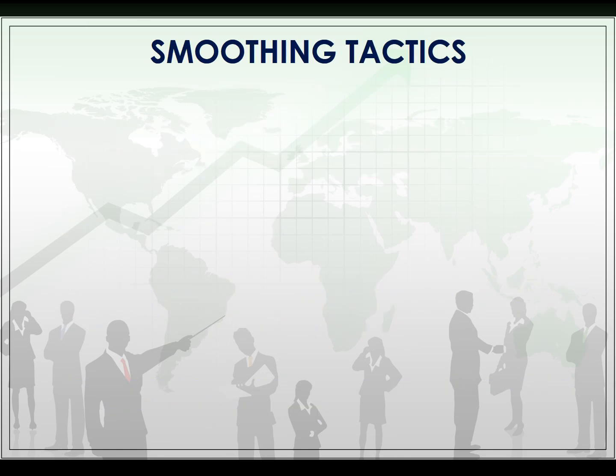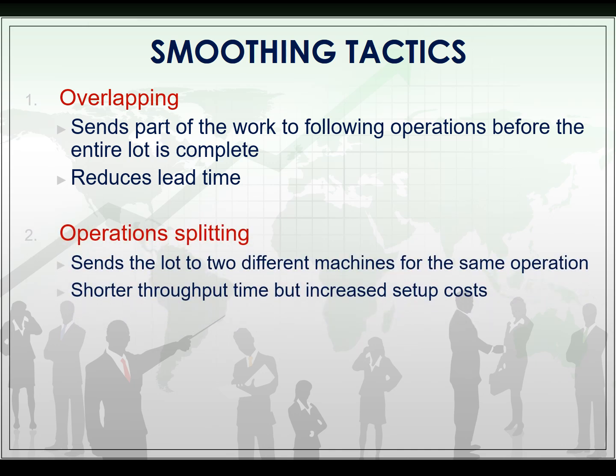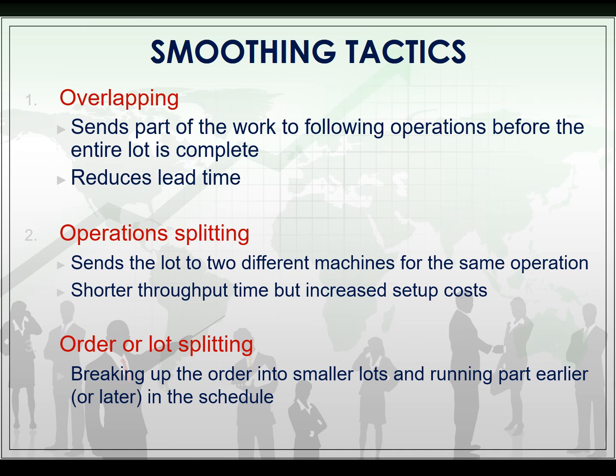There are what's called smoothing tactics. Overlapping sends part of the work to following operations before the entire lot is complete. It does help reduce lead time. There's also operation splitting, which sends the lot to two different machines for the same operation. There's a shorter throughput time, but there are increased setup costs. Order or lot splitting is breaking up the order into smaller lots and running part earlier or later in the schedule,